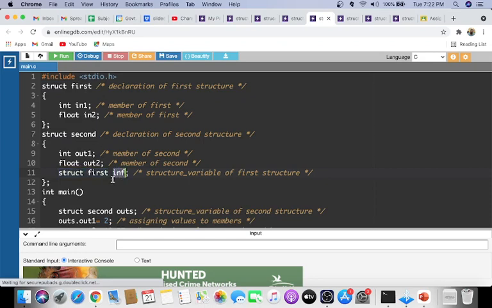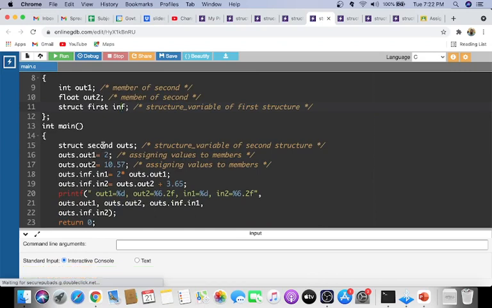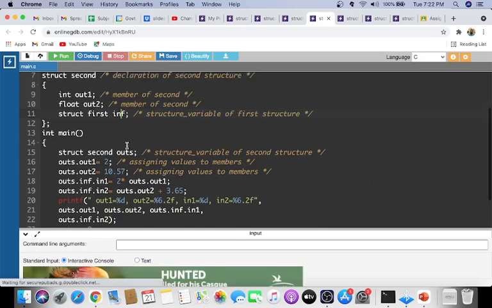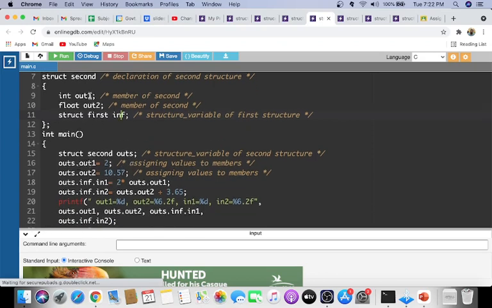Now this second structure, if I want to access this variable, then what you have to do is inf.in1. So you can access this variable inside this. If you declare struct second outs, you are declaring a variable for the second structure. Now outs.out1, you can simply access it and assign some value.